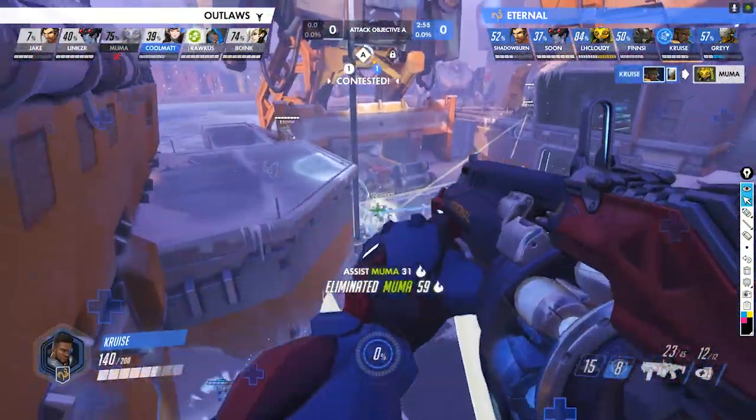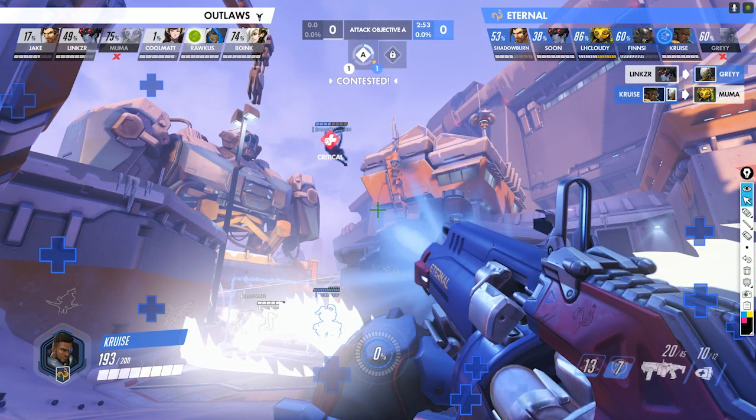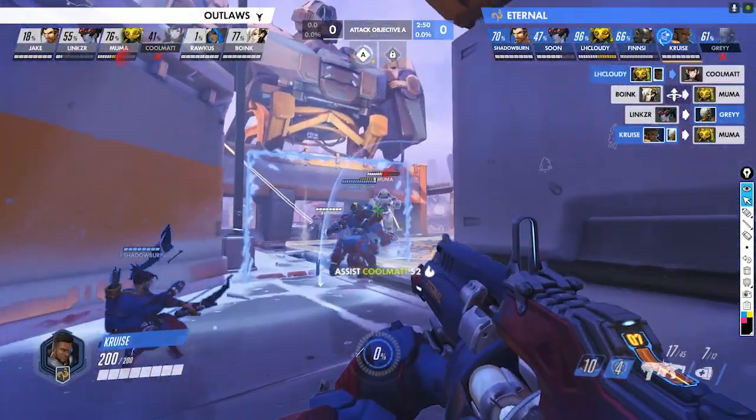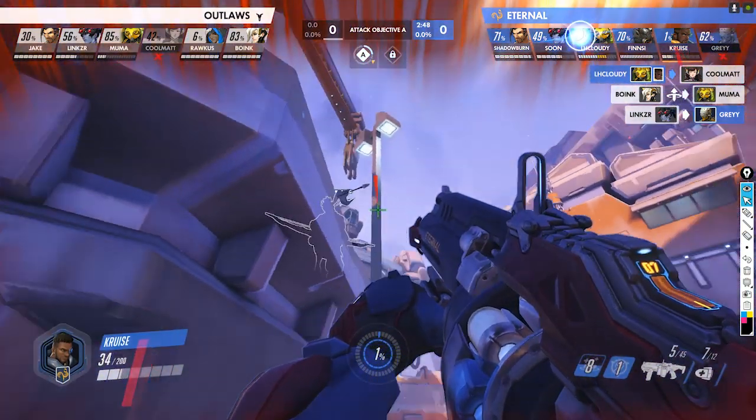Unfortunately, Grade does go down to Lynxer. Lynxer playing much better on this second round. Muma's gonna get res, but yeah, Akuma's just gonna get destroyed. That amp was huge. Now you're gonna see the 1v1 with